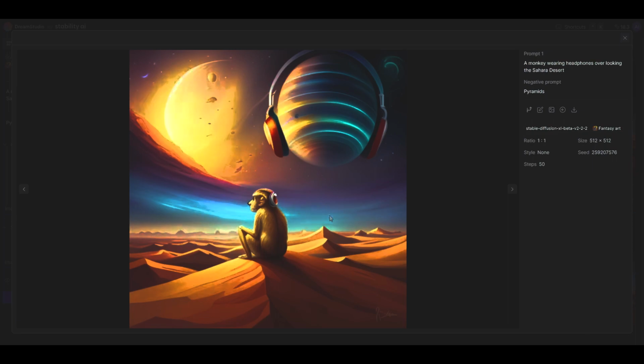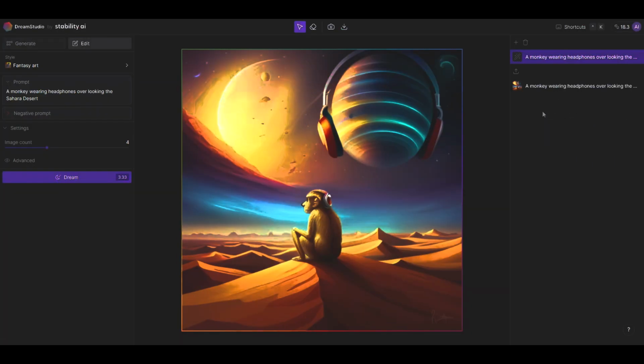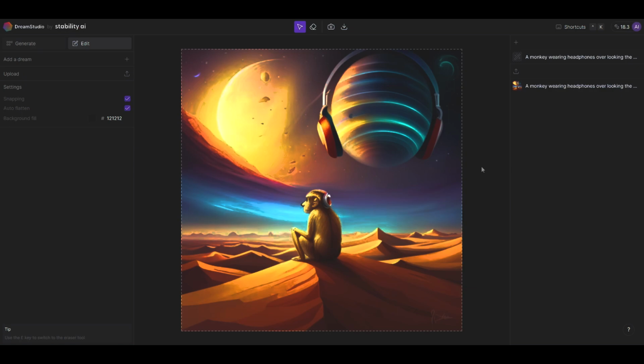And I feel like there's something missing on this image. We can either click generate variations again, or we can actually edit the image so that we have more control over what we want. So I'll go ahead and click edit image. As you can see, it transports us over to the editor. It takes this as one of the layers here,